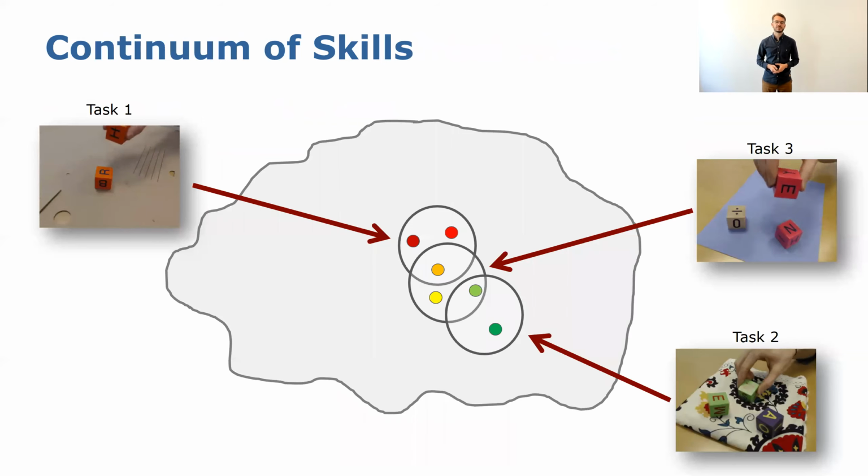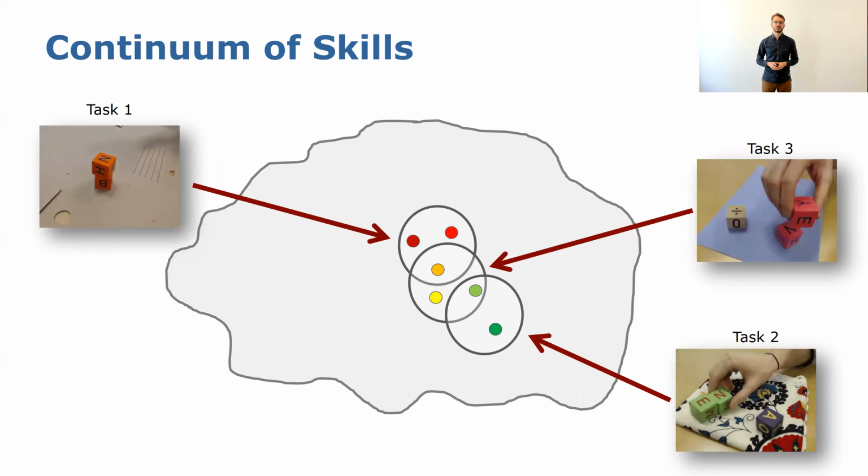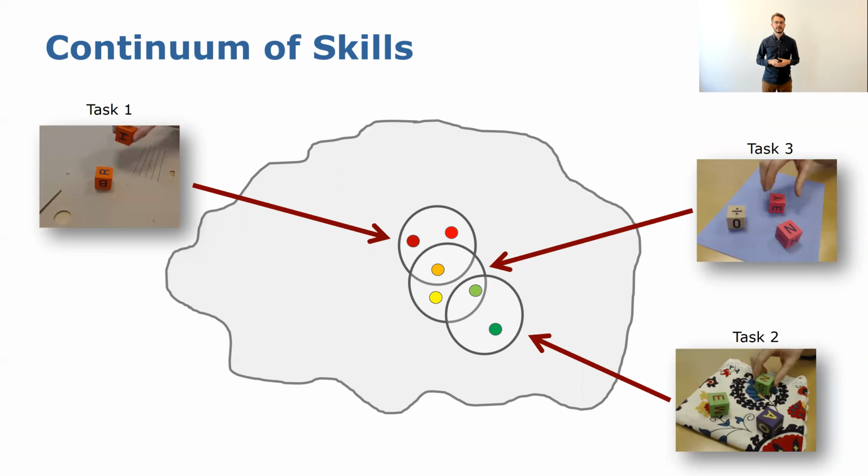Let's talk about how we define tasks. There is a tendency to think that the behaviors we want for our agents are a set of discrete tasks like pick up an object, open a door, etc. However, it is difficult to draw a boundary of where a task begins and ends, as it is made up of smaller subtasks or skills. This is why we prefer to talk about tasks and skills as living on a continuum.